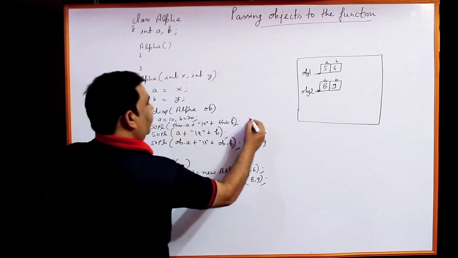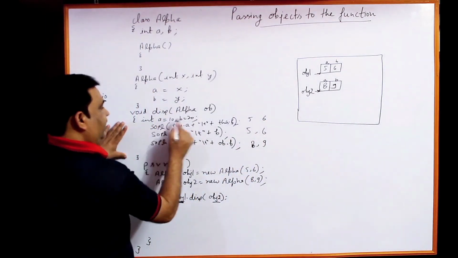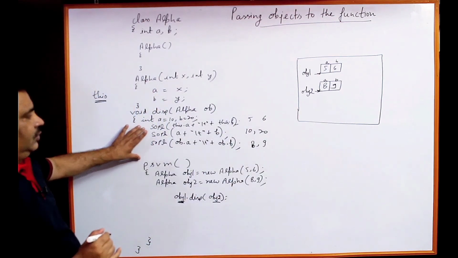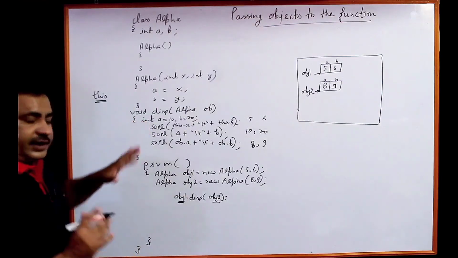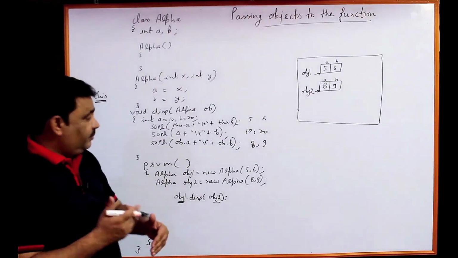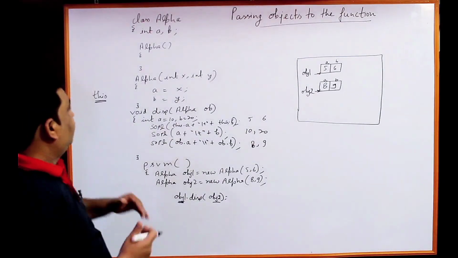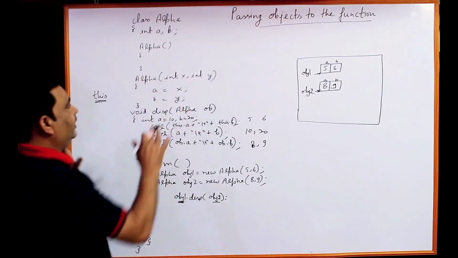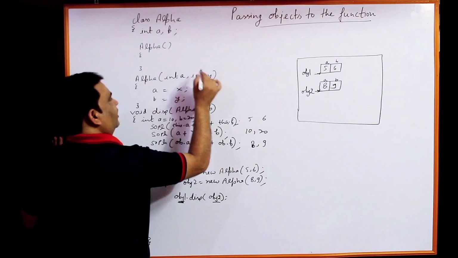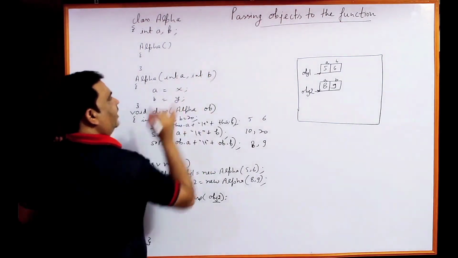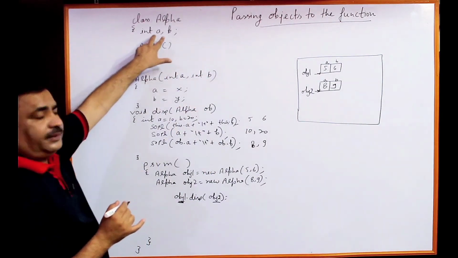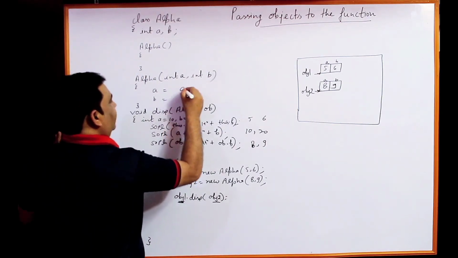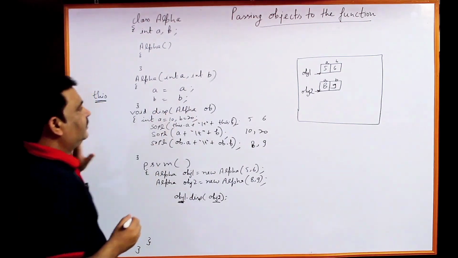It will print 5 and 6, but here a and b are 10 and 20. So in such a way you can make use of this. One more method, how can we use this? If suppose this is the parameterized constructor, and in place of x and y you are taking a and b, same variables as the data members, then you have to write a equal to a and b equal to b. So what will happen?